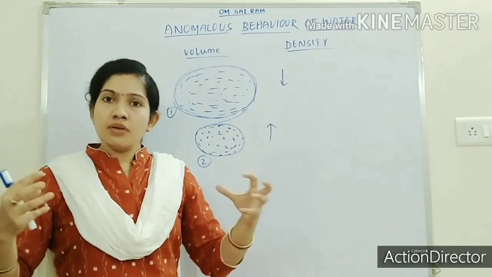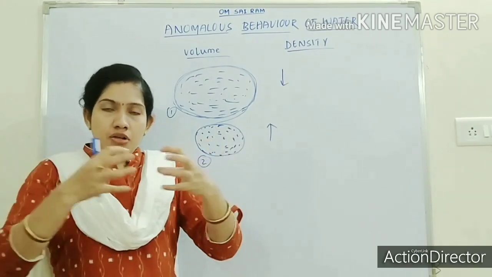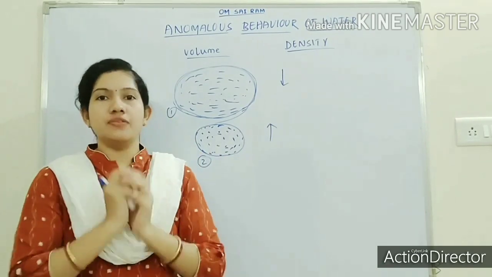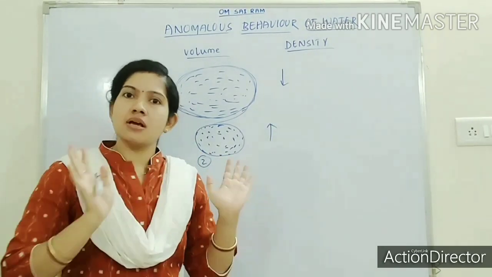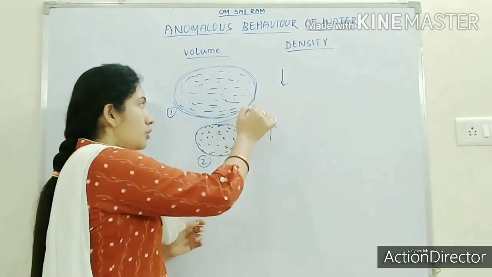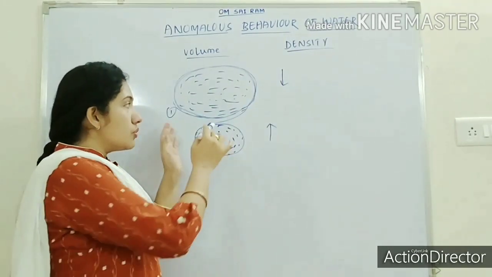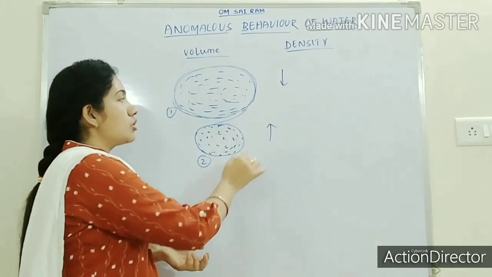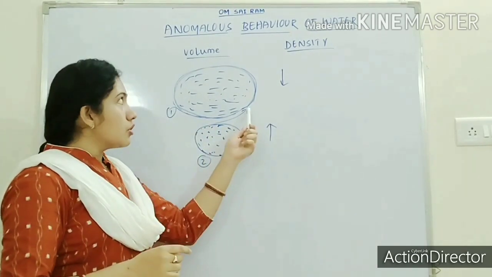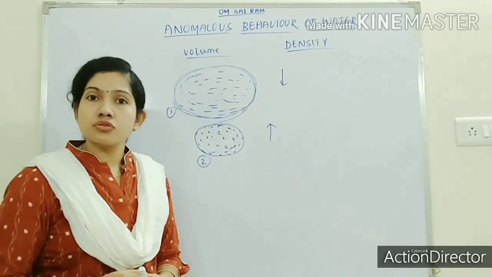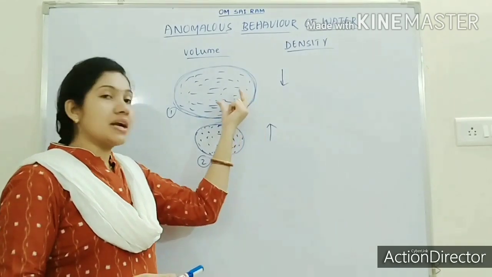Okay, so when we solidify a liquid, all the particles of the liquid will come closer and they will solidify. Okay, we can take a simple example of water to ice. So here, when it solidifies or when we allow it to cool, it will reduce its volume. Okay, the volume of water will reduce or the surface area of water will reduce. So what is happening to the particles?